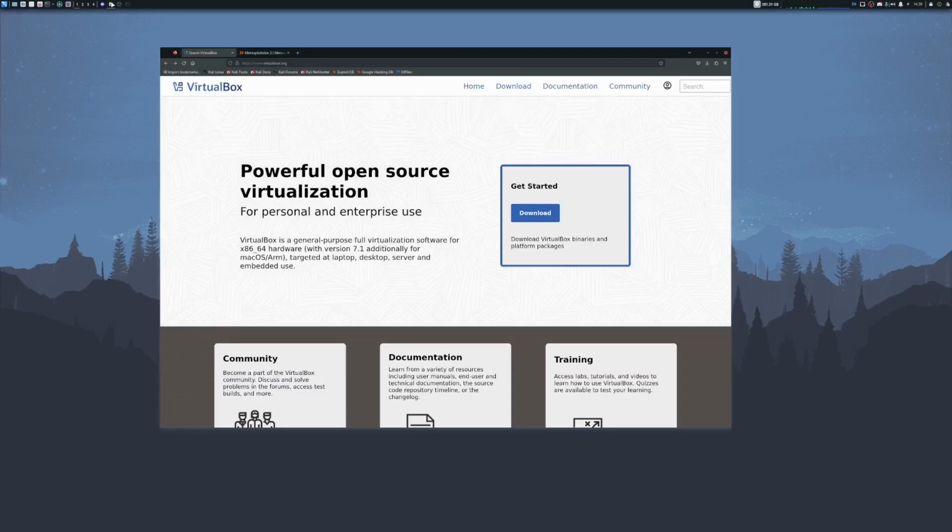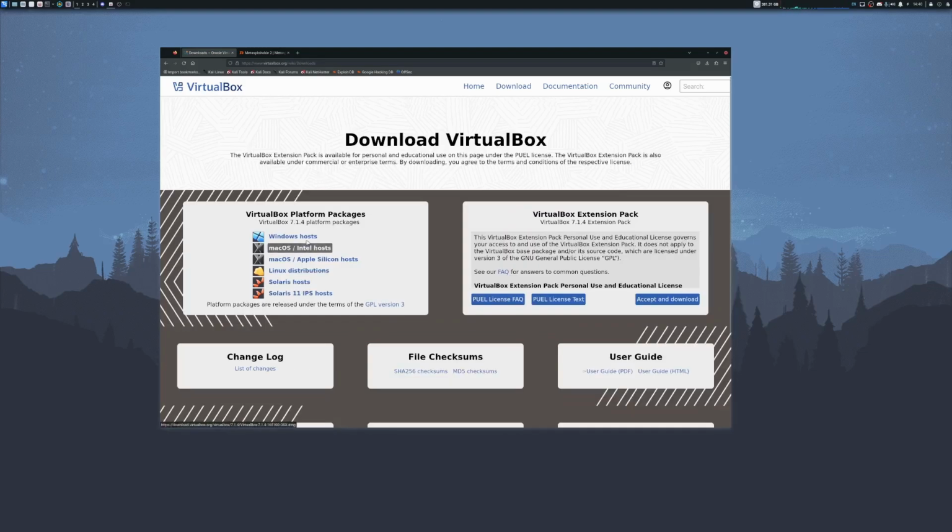Now if you guys are on Mac or Windows, you can head to virtualbox.org. Go ahead and press on download. We should see here we have Windows hosts and we have Mac here. So if you're on Mac, you would download accordingly, and on Windows, you would just click on the Windows option here. Once that's downloaded, you should go ahead and go to